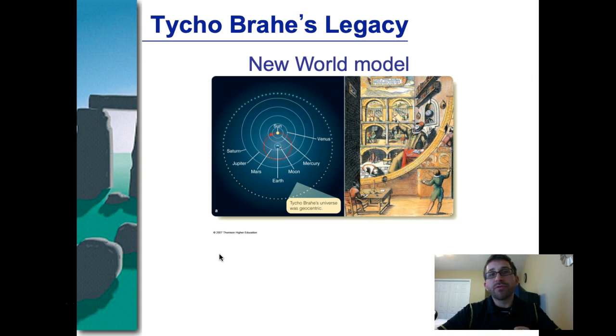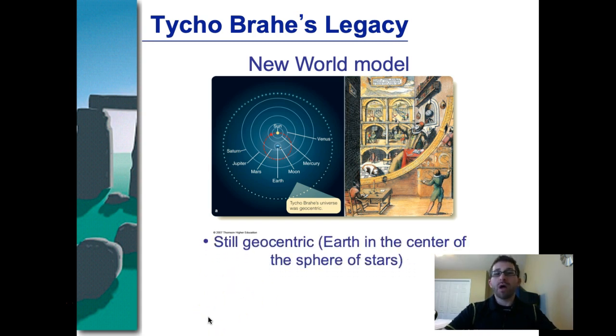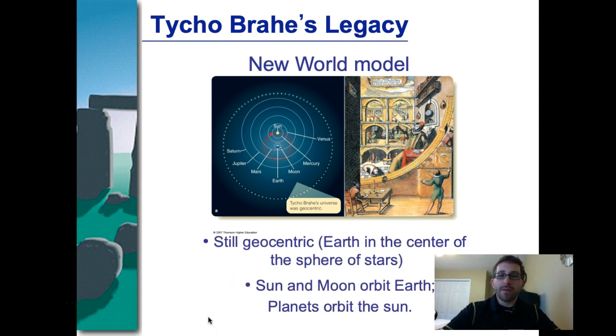He did come up with yet another model of the solar system, but his model continued to be Earth-centered. He was getting closer to what we consider the Copernican model. And if you look to the right here, this picture of his device, it was basically like an enormous protractor.